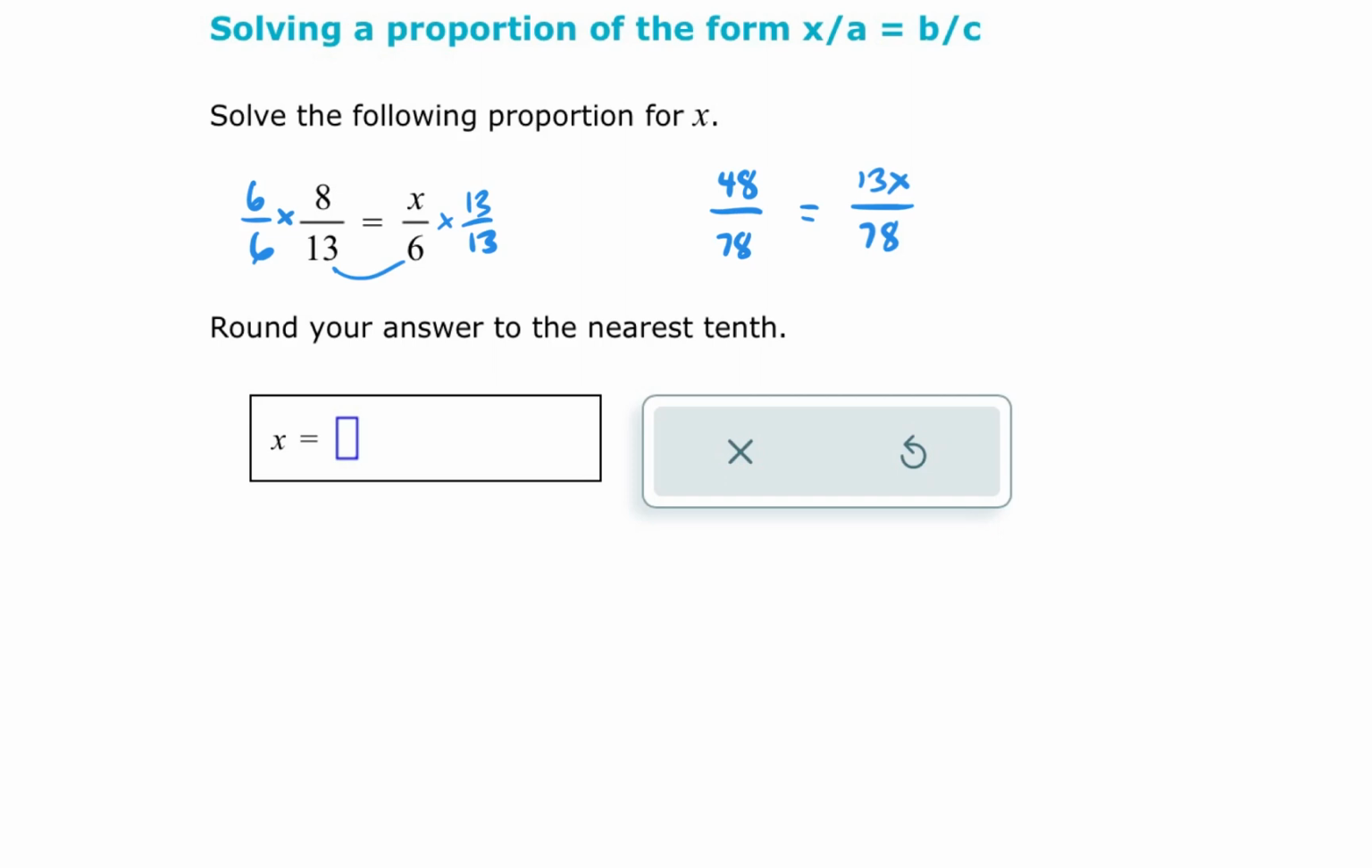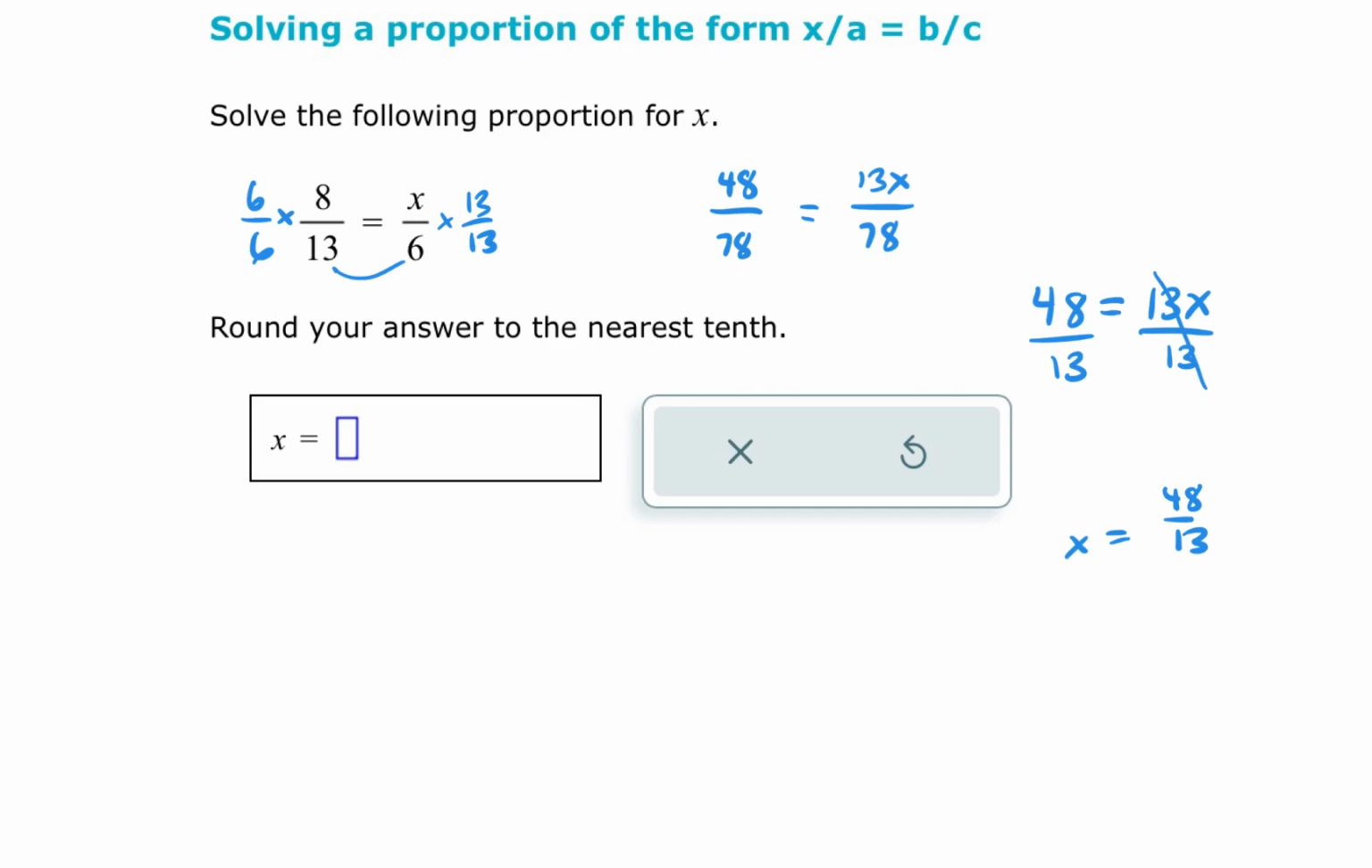Now you'll notice on here, we don't really care about the denominators now because they're the same. So really all I care about is the 48 equals 13x. And now I need to solve for this equation. I'm going to divide by 13. That leaves that as a 1 and divide by 13 on this side. And then this side is 48 over 13, so x equals 48 over 13, and it says round your answer